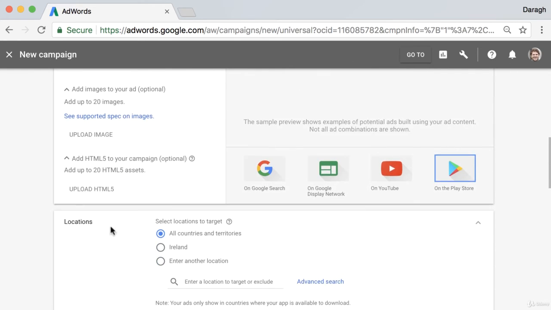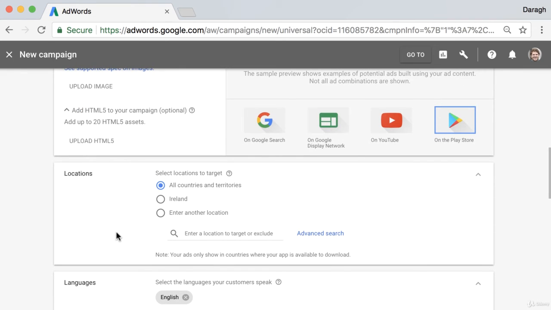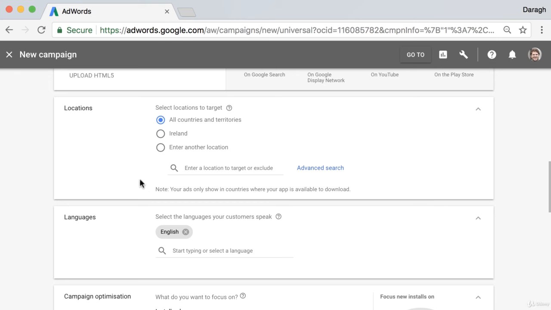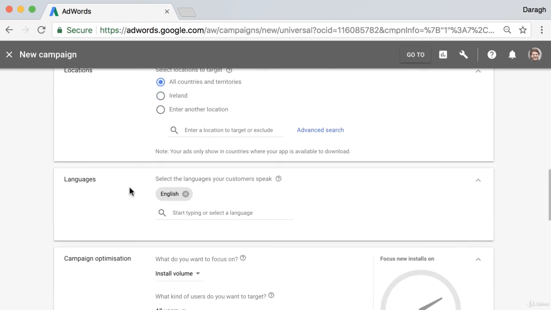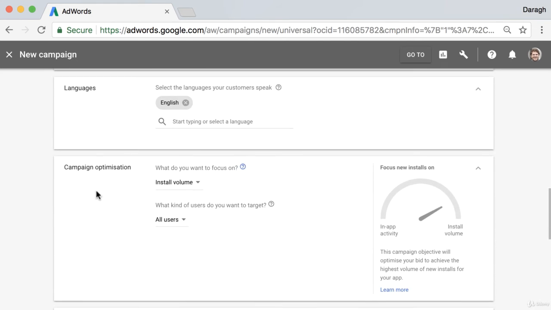Now coming down, we can select the locations where we want this app install ad to appear. We can select countries, different cities, etc. We can select different languages. So then here in campaign optimization, then we can focus on either getting installs of apps or some in-app activity. And depending on the choices you will make here, it'll show you whether you're focusing on new installs or in-app